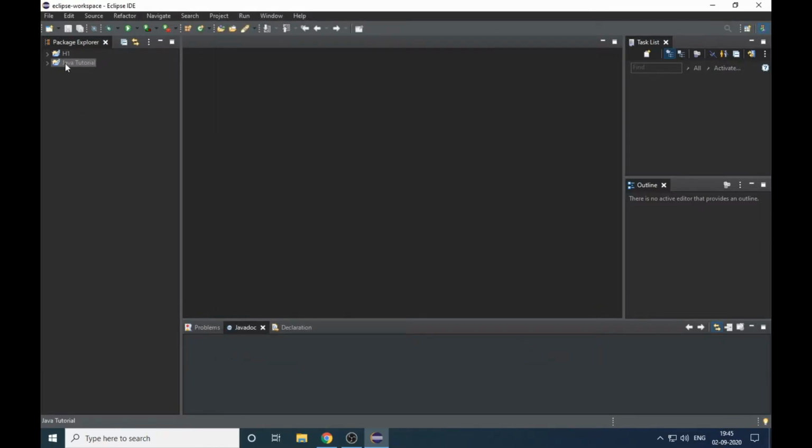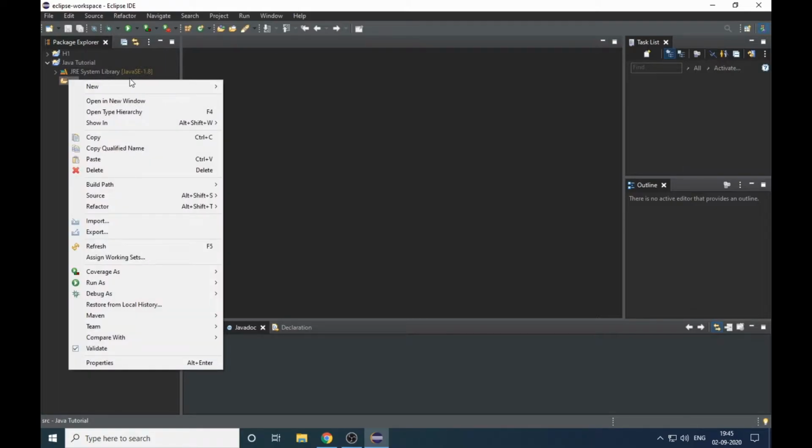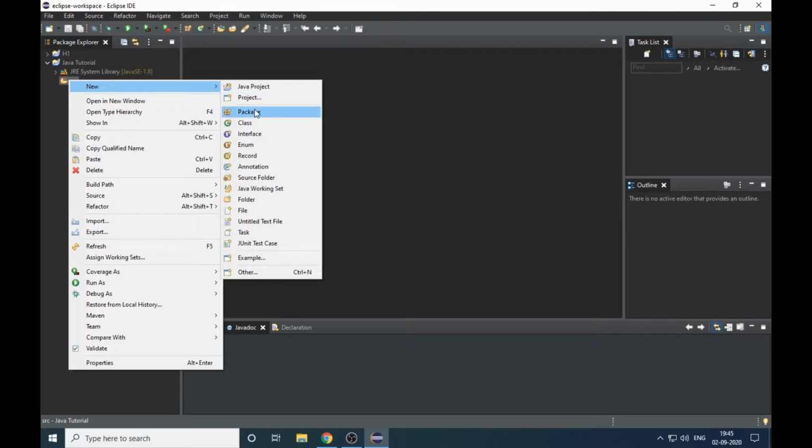Now as you can see, the Java tutorial project has been created. Now we need to create a package in this folder. Right click on it, and just make a package. For now I will not explain packages and classes because it is a little deeper knowledge for the initial level.